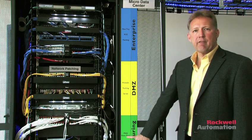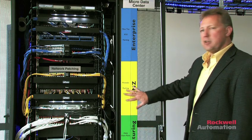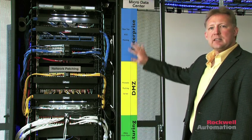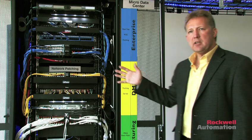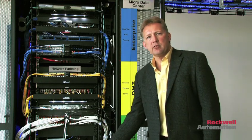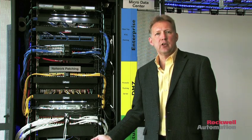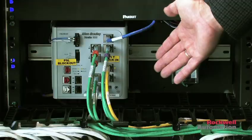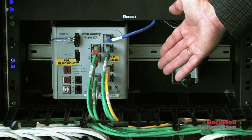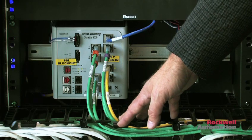Everything from manufacturing zone components, switches, virtualized servers, the demilitarized zone, as well as the enterprise zone. The MZ again shows best practices for physical layout from the manufacturing zone switching infrastructure, the virtualization using the Cisco Unified Computing System infrastructure, MDC mounting of the Allen-Bradley Stratix 8000 with Panduit cable management, as well as Panduit